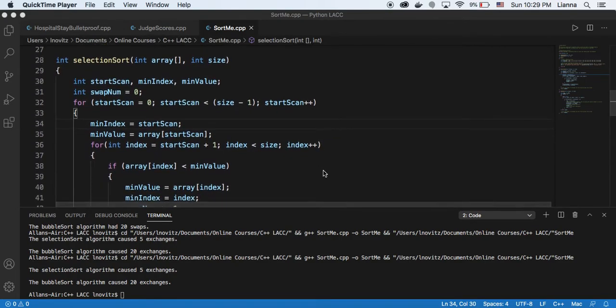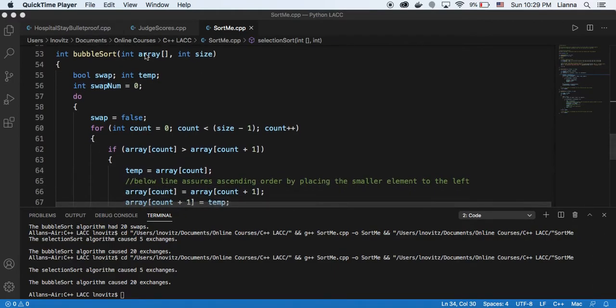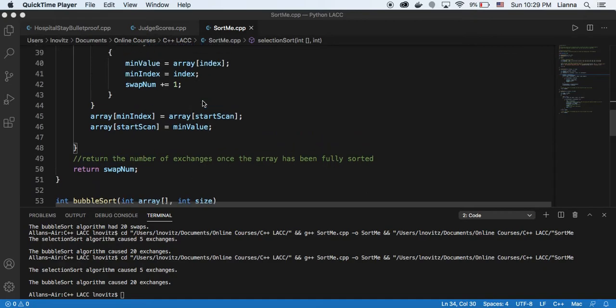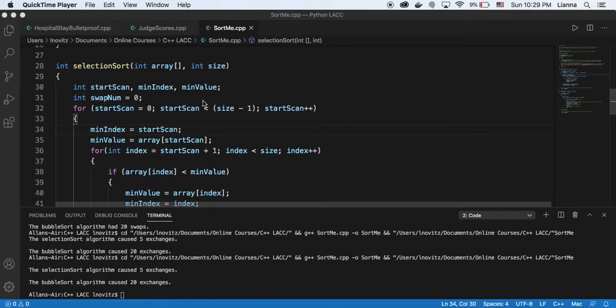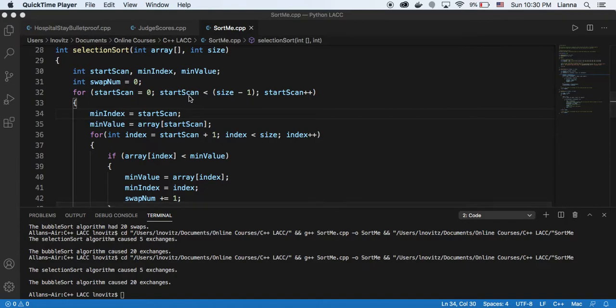So here is our selection sort algorithm. Both algorithms take an array of integers as an input, as well as the size of the array. The bubble sort has the same input parameters. Now as for the body of the selection sort algorithm, to briefly summarize,